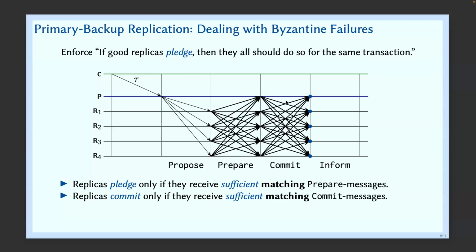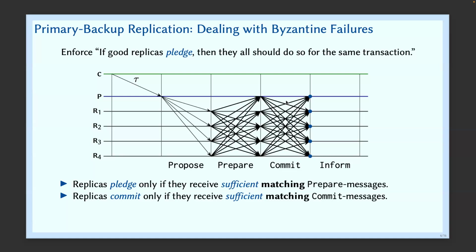Question. They could all send a message to the client, but when I reached that stage, it was premature to tell the client. But if I arrive here, even though I don't know whether anybody else is committed or not, when R4 committed, does it know whether R2, R1, and R3 are committed or not? So is it safe to send it to the client unilaterally? Why? So we know that it's correct.